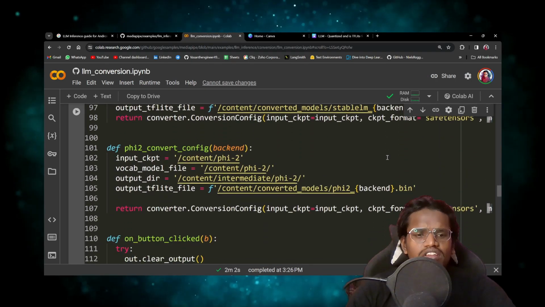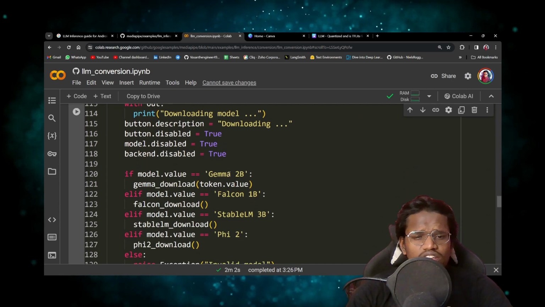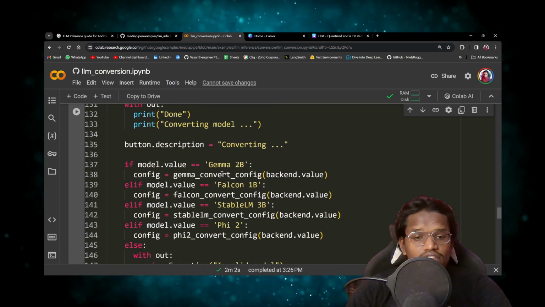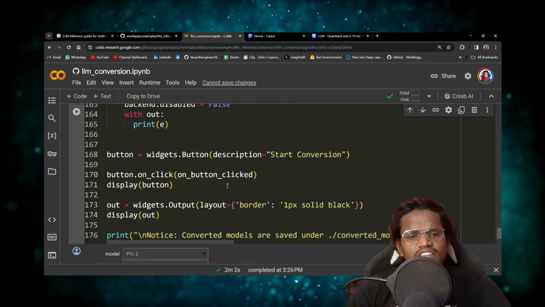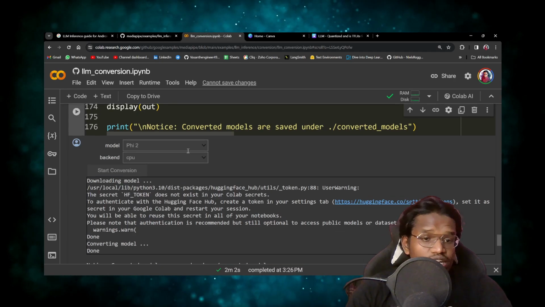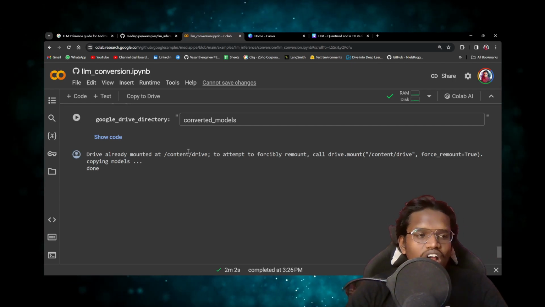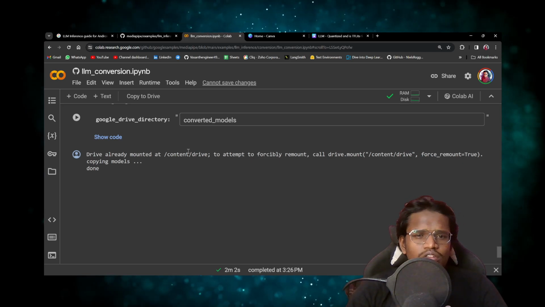So what will happen is, here they have given a UI. If you click Gemma 2 billion, the conversion function for Gemma 2 billion will be executed here, and once that is done it will be saved. But now it is in your Colab, not anywhere else. It is also harder to download from Colab, and it is not safe to keep it in Colab itself